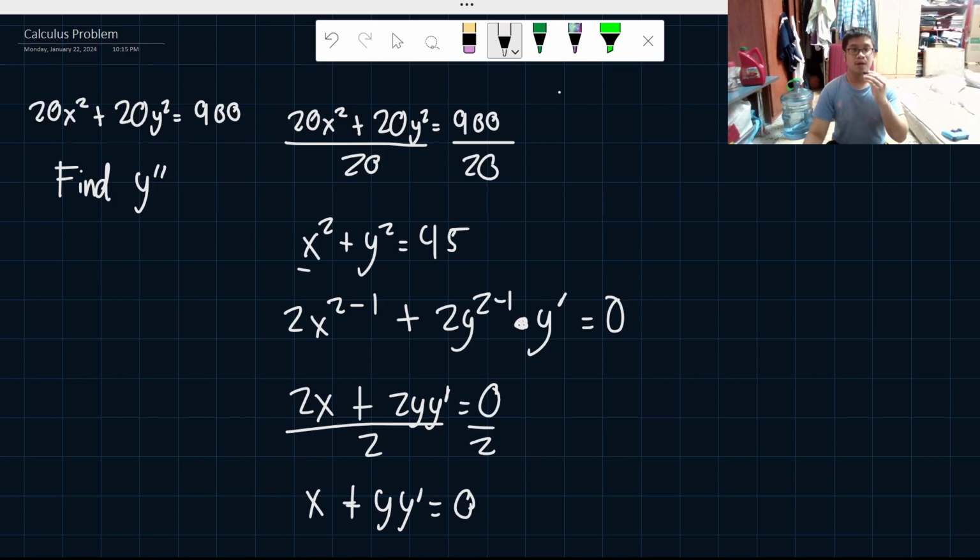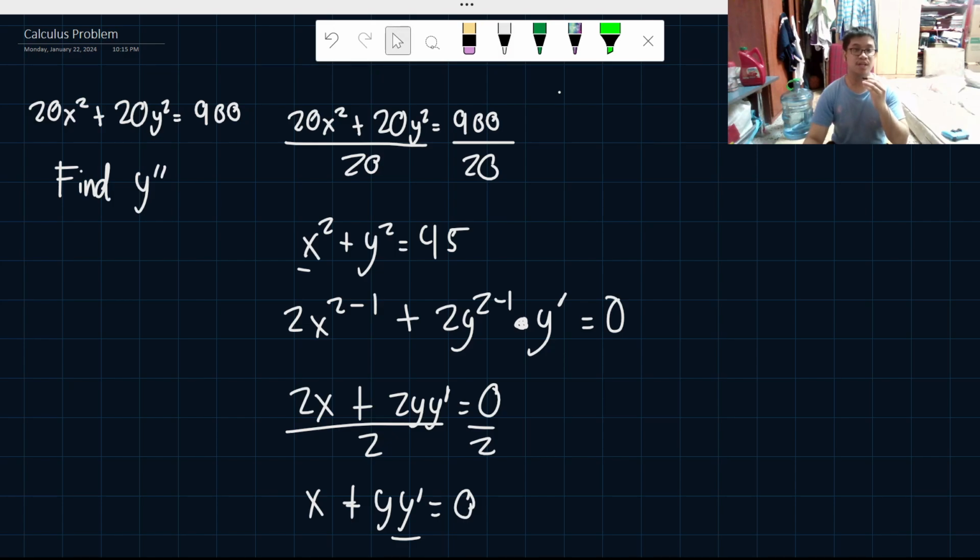So here, it's up to you if you can proceed to differentiate it again. Since we already have the first derivative, we can now differentiate it one more time to find the y second prime. Or let's find y prime first before we differentiate again. For me, if I'm going to solve this problem, I'm going to find y prime in this equation before I find the second derivative. All right, so I'm going to do that here